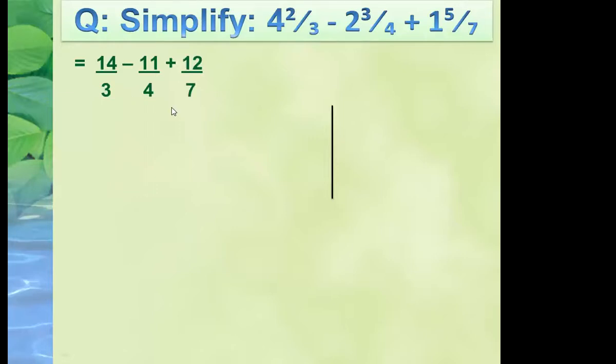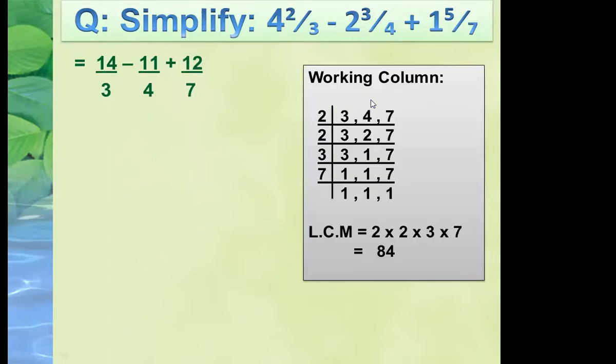But where? In the working column. Okay, this is a must. You have to make the working column. If you want to do any rough calculations, please use the working column for this. Now, 3, 4 and 7. What will be the LCM? Here you have 2. So here you have 4. So this 4 can be divided by 2. 3 will remain the same. 2 multiplied by 2 is 4.